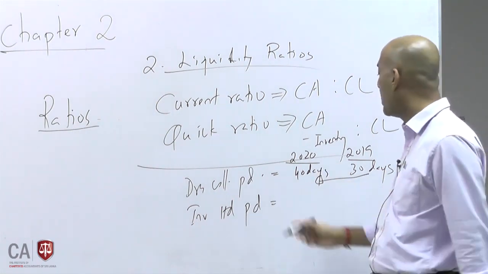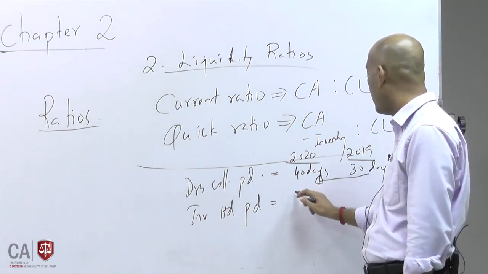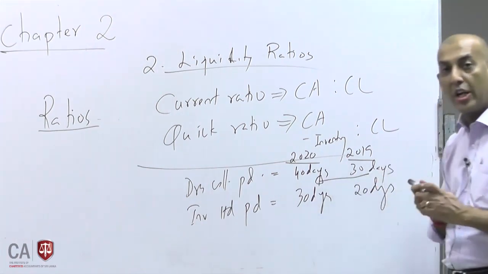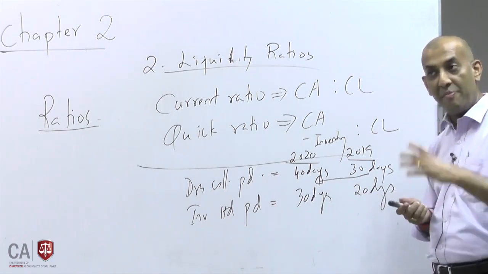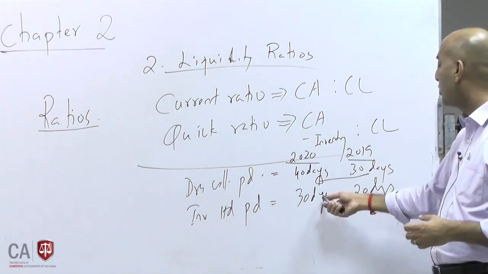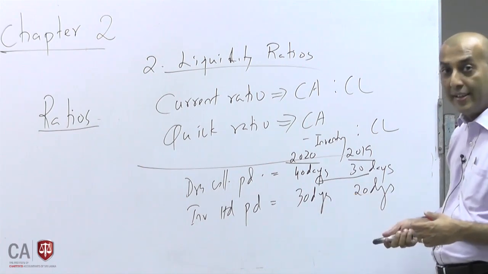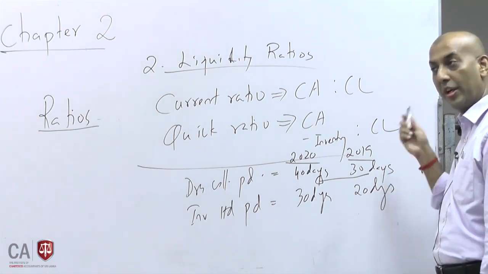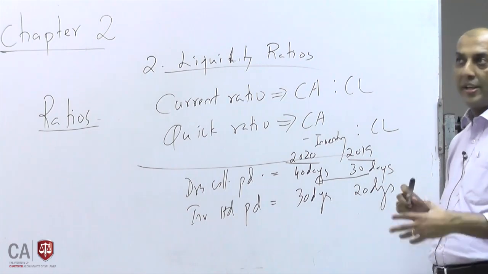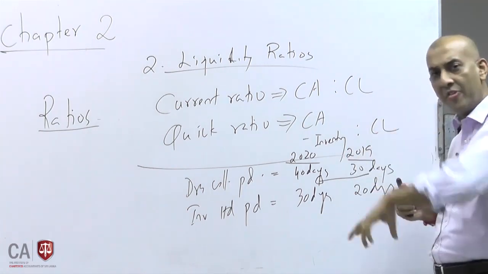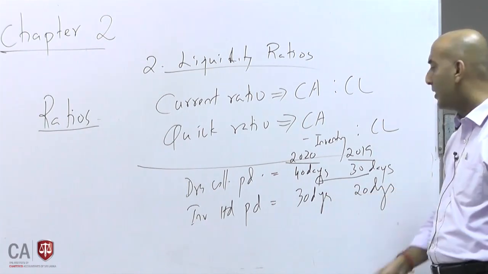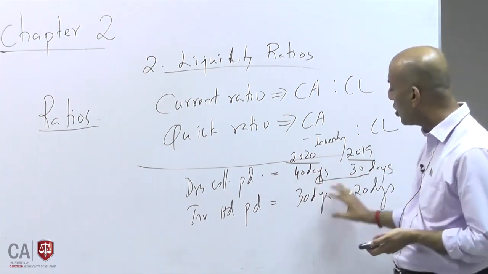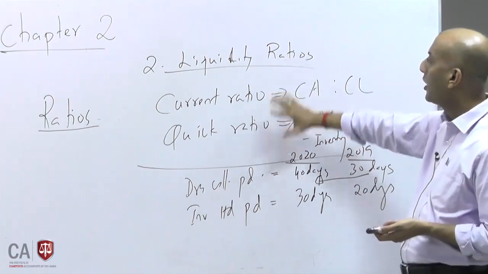Inventory holding period, similarly, you can say for example 30 days and last year 20 days, which means you are keeping your inventory for a longer period than last year. It takes 30 days to convert your inventory into sales. Last year, it took 20 days. So you are holding on to the inventory. You have invested in inventory longer than last year. Similarly with debtors, you have invested longer, that means your monies are tied up. So please note that these two ratios also give an indication about your liquidity problem.